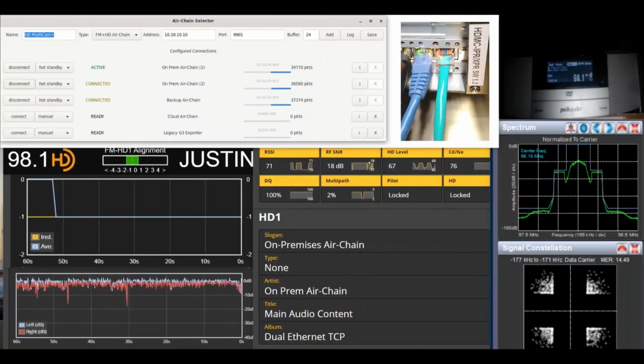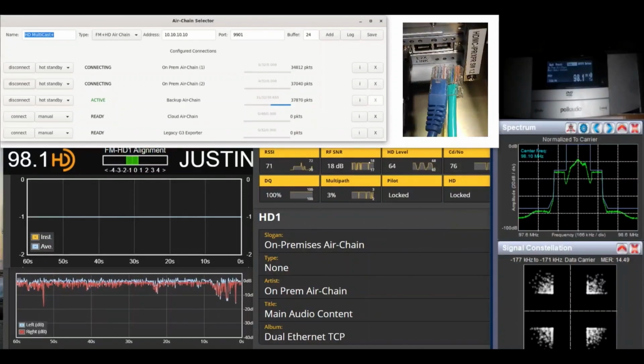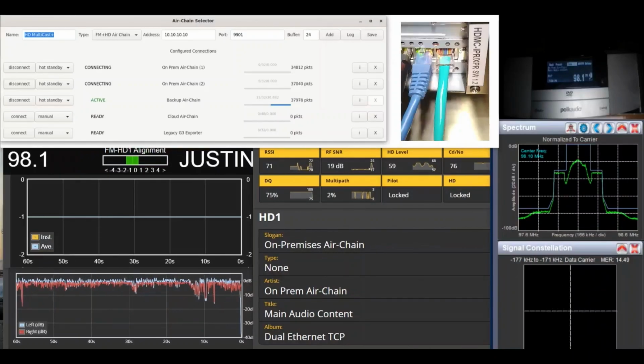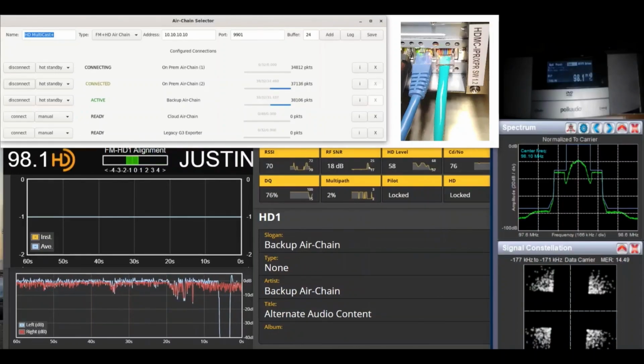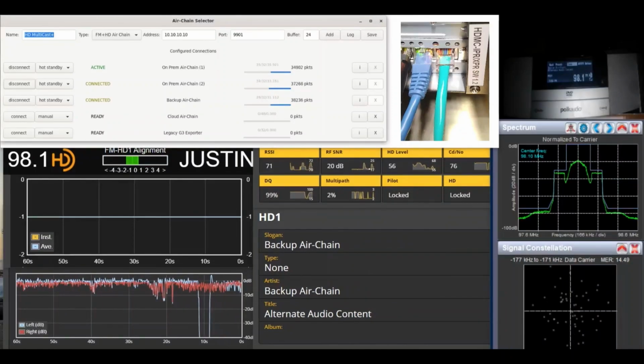So in this case here, that's the HD multicast on top here. That's the first 2 connections. And I'm disconnecting an Ethernet cable just to show a complete failure rather than just disconnecting. Again, no hit, it's going through the other cable. But once we disconnect the second cable, of course, it has to go to our backup air chain. And again, no power hit in any of this. Once we plug it back in, it will just go back up. And just filling buffers. There we go.